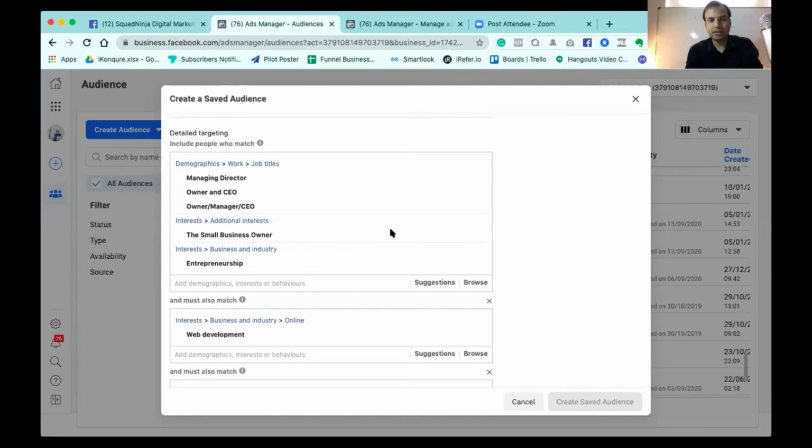Then you won't be able to understand which audience your ad is not performing for. Is it because of owners and CEOs, or small business owners, or managing directors?